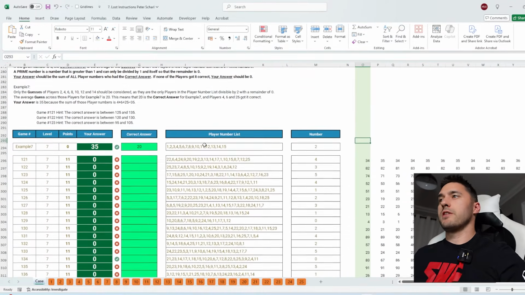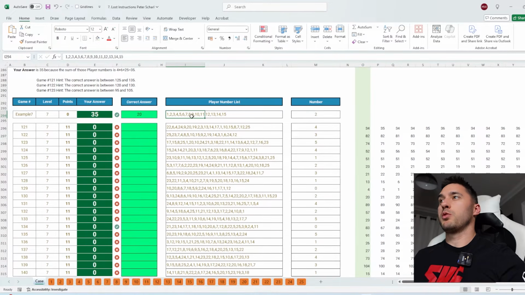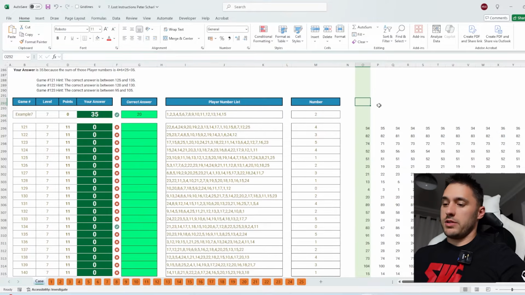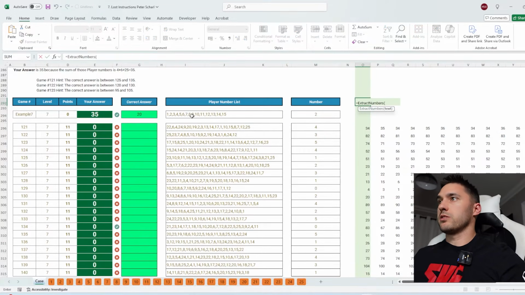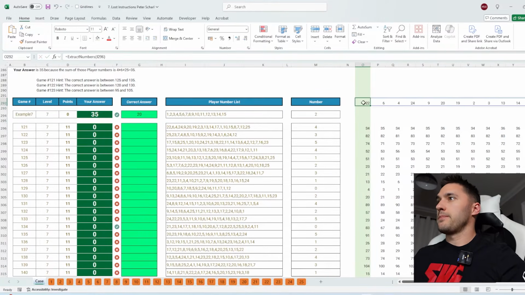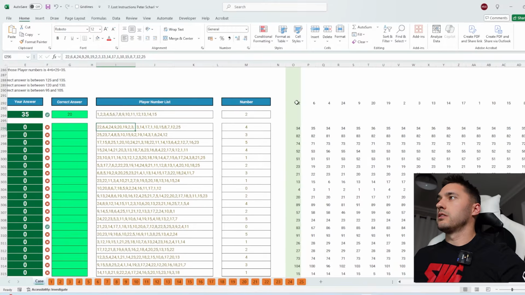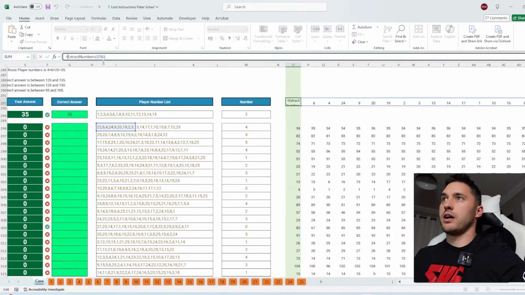Okay, question 7, this is very similar. So we have a number of players to choose, but we only want to pick the ones that are divisible by this number here. So let's split this out, and then we'll do it in a single cell. So if we say extract numbers, let's actually do it on the question. We're going to get a list of numbers. We want to know if they are divisible by 4. So to do that, we can say